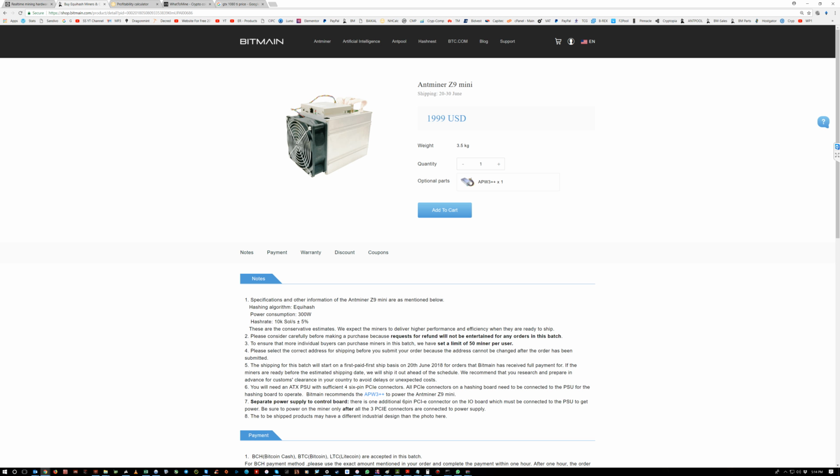I do believe they are going to wait it out until the forking starts happening. When it's going to start happening is anybody's guess. But just bear in mind, guys, this thing is not going to be resistant to Zcash, and most people that have these miners in hand are mining Zcash, and it will give you a very, very good profitability per day, week,